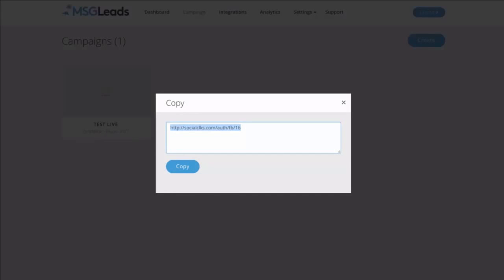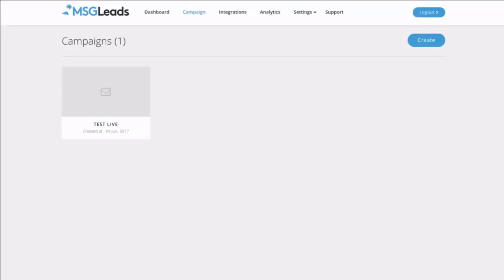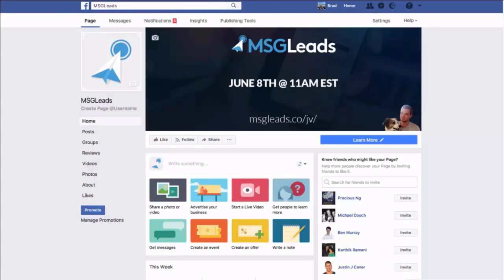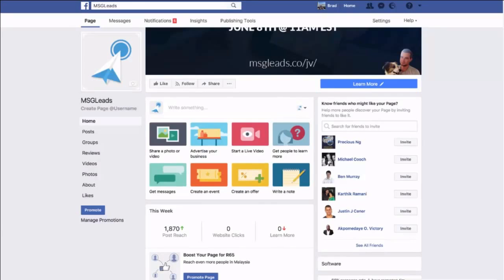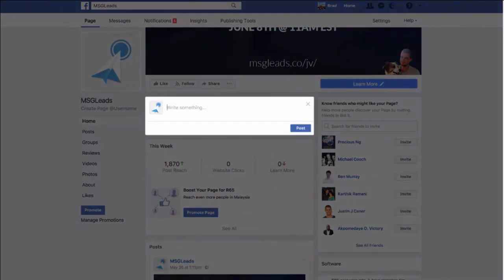Now I can use this link anywhere on Facebook to sync people to my email list that I've chosen within the campaign setup. So for example, let me go into Facebook very quickly. And as you can see, I've got a MSG Leads Facebook page here that I'm using to run some ads. So if I was, for example, wanting to send a post or set up a post to my fans of this page, let's say I had 50,000 people who were fans of this page, I can say something like, hey,